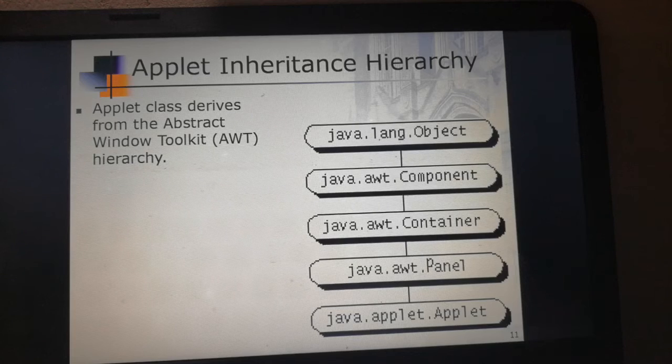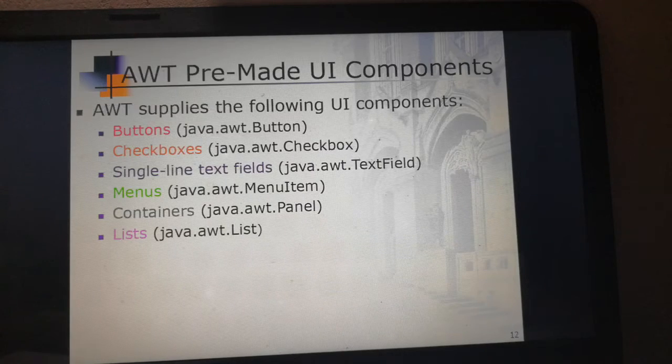Here it is the parent class, and Component is inherited from Object. After that comes Container, which is a subclass of Component, and then comes Panel, which is a subclass of Container, and then comes Applet. In some figures you can see a JApplet too. Now some of the AWT pre-made UI components are there.